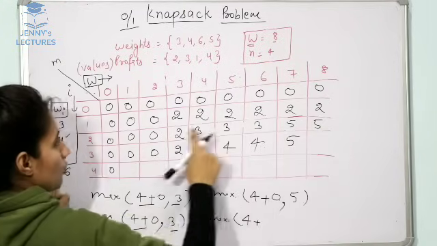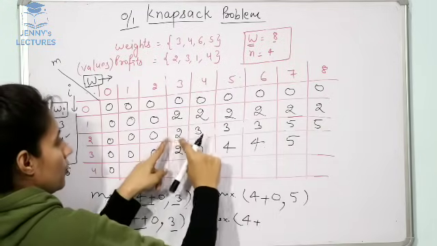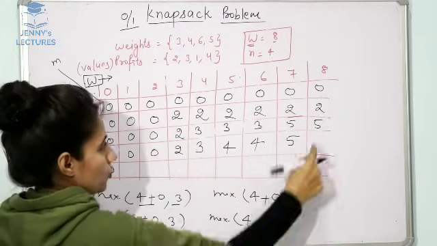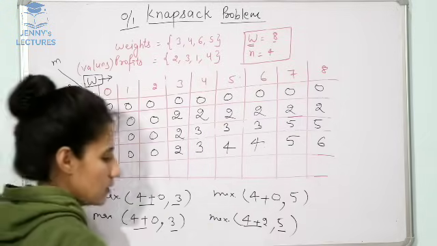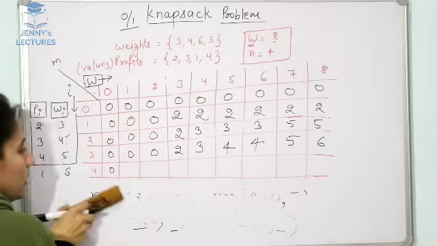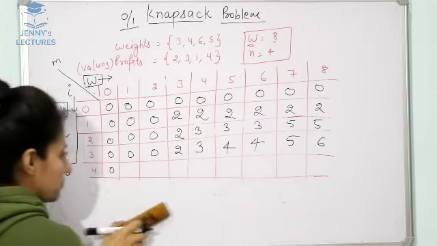Go to the upper row, go to the column having weight 3. Here what we have as value? 2. 4 plus 2. In the upper row what we have? 5. Out of 6 and 5, the maximum is 6. Okay. Now for the last row,